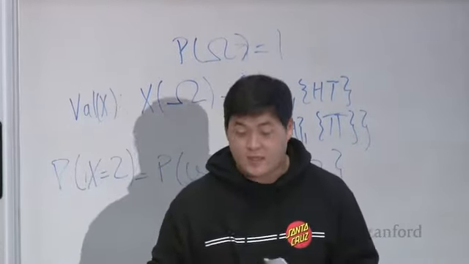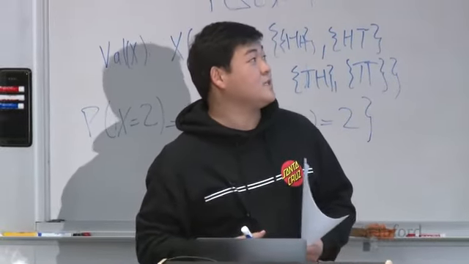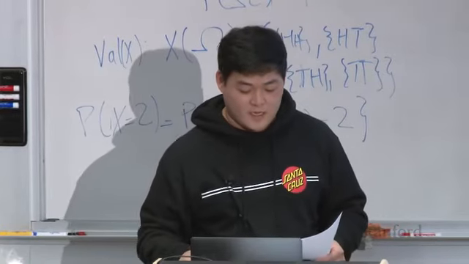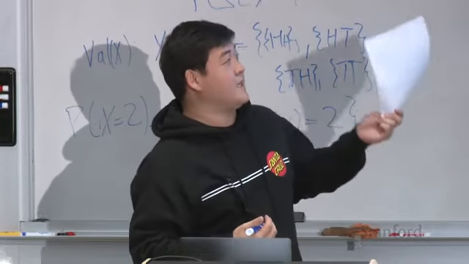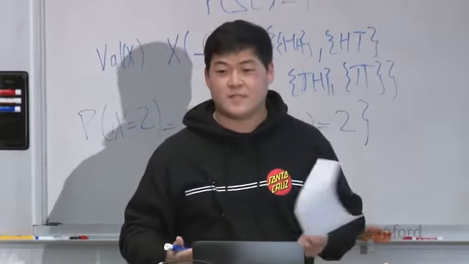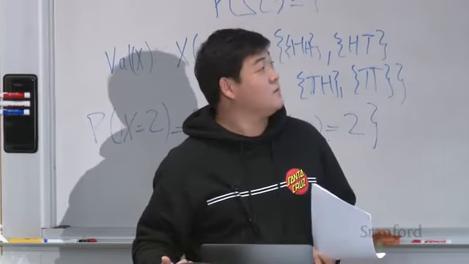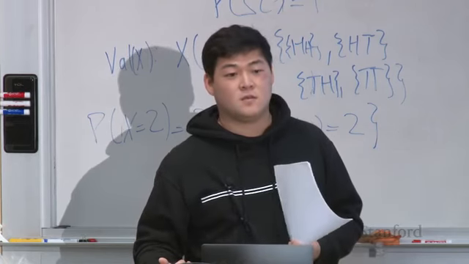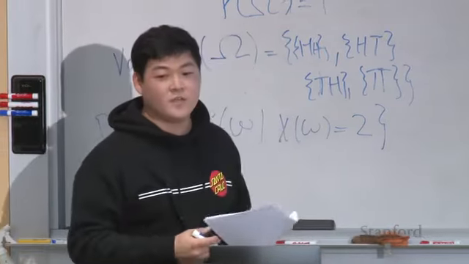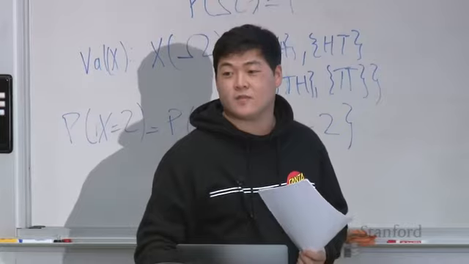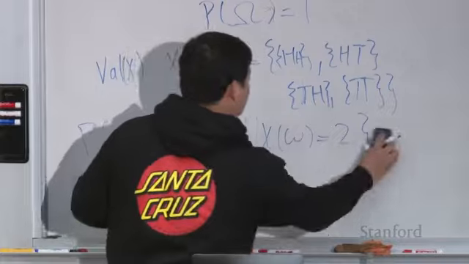So analogous to the discrete random variable case, we have the continuous random variable. In this case, the continuous random variable is very similar in that we get a certain state space and we map it. So we map, in this case, an interval instead of a value. Does anyone know why we map an interval instead of a real number? Because the probability of a single number would be infinite. Yes, exactly. So for continuous random variables, the probability that the random variable takes on a certain value,